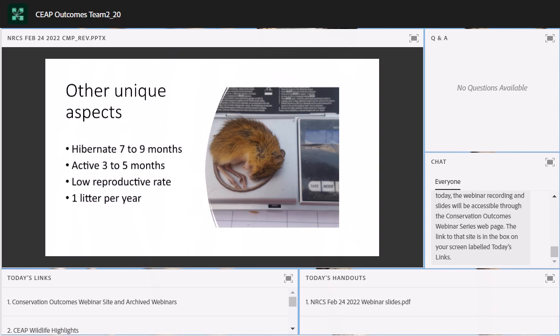So this is a simple depiction of how a stream might change over time if it's disturbed. And we found that jumping mice were using stages 4 and 5, so these are widening and recovering stream systems. We didn't find very many stage 1 stable stream systems in the Southwest, but jumping mice were not on stage 2 and 3. So in terms of application, we're using this information to feed into the WHEG and also developing recommendations for restoration.